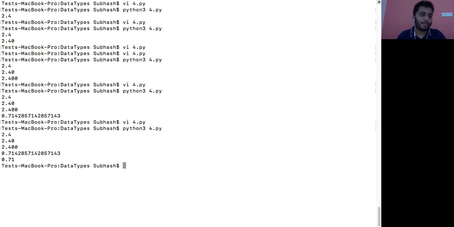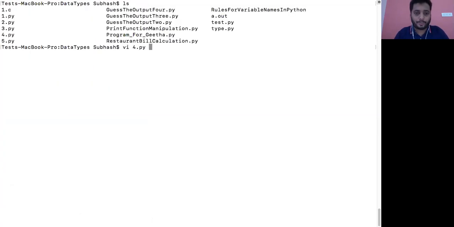Yes, if you see the output, instead of 7.1, there are 16 digits after the point in the previous output. Now I made it as 0.71. You got it? Hope you got what I'm trying to tell you. Okay. So similarly, the rest of the format function.